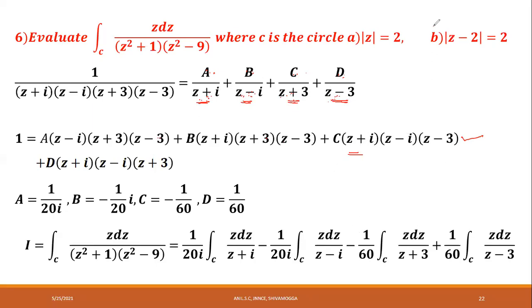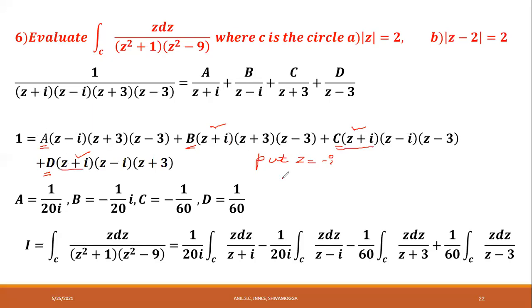Now we have to find the constants a, b, c and d. For what value of z does a exist, while b, c and d vanish? For what value of z do these three simultaneously vanish? Which is the common factor in these three terms, b, c and d? z plus I is common. You make it 0. How do you make it 0? Put z is equal to minus I. Minus I plus I is 0. Here also minus I plus I is 0. Here also minus I plus I is 0.